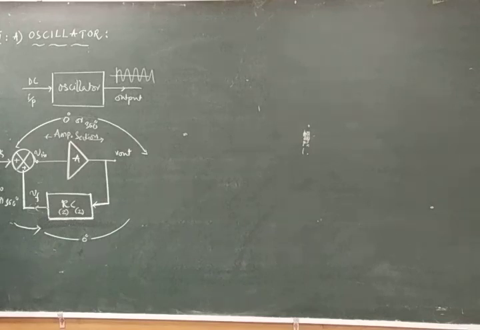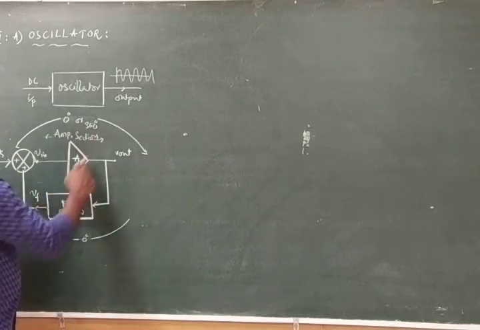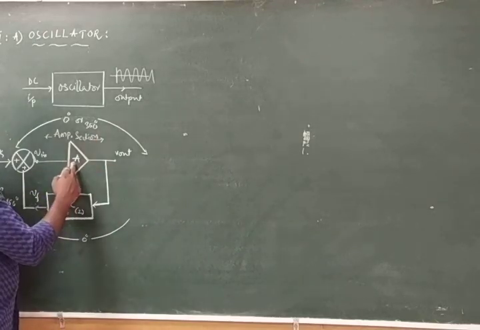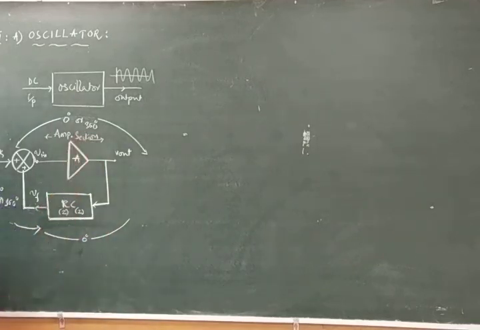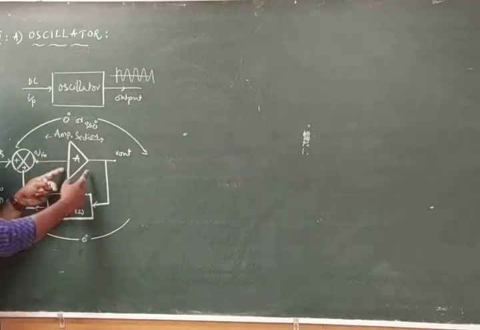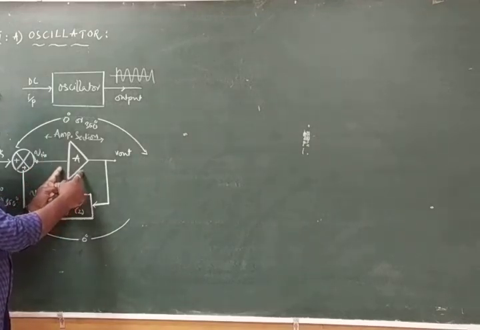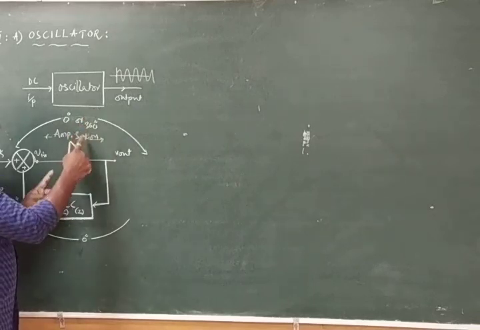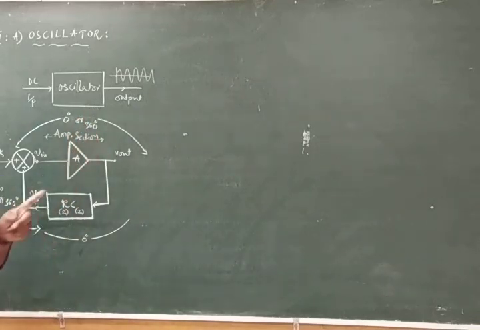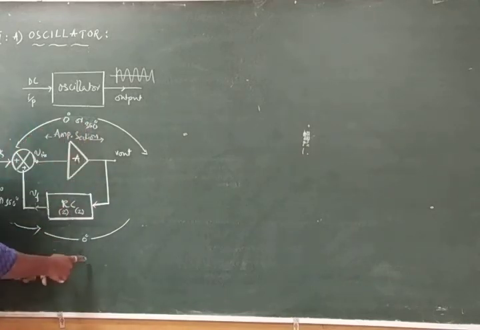This is called the Wien bridge oscillator block diagram. Here you may have a doubt: how will the amplifier section provide the 360 degrees? In the case of the RC phase shift oscillator, we used a CE amplifier, that is, a common emitter amplifier. Common emitter can provide the 180 degree phase shift. This is 180 and this is also 180 in case of the RC phase shift oscillator.